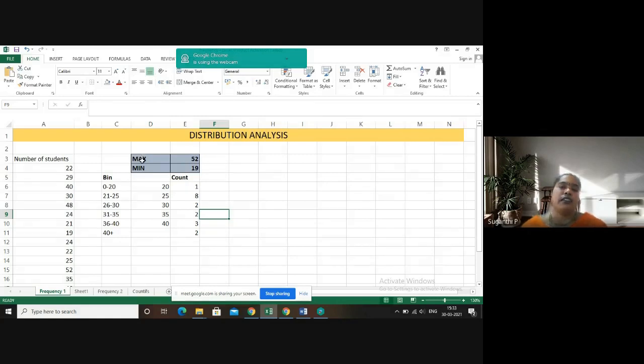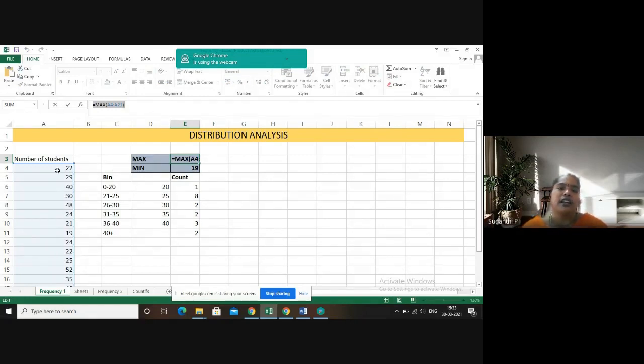There is no straight formula to calculate the range of the data. So for that, we can make use of the maximum and minimum function available with Excel. Here, I have calculated the maximum value based on the data and also the minimum value. For the formula, type equal to, then type max, and then give the data range.